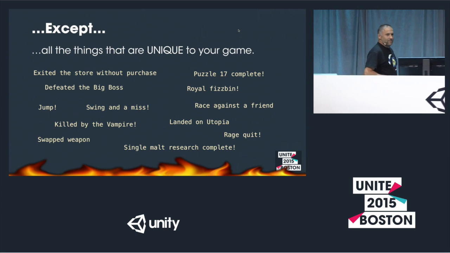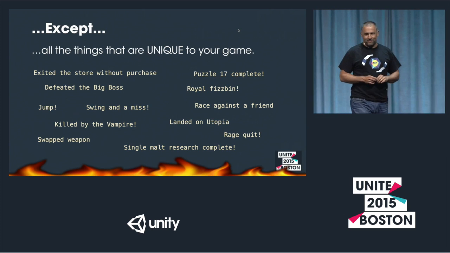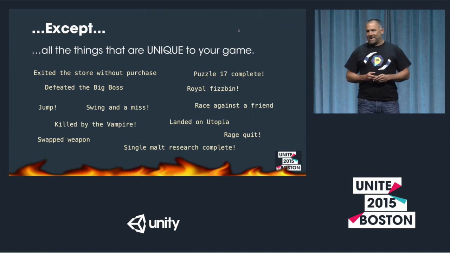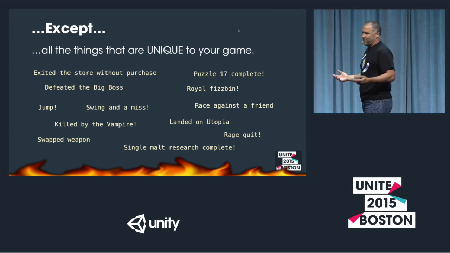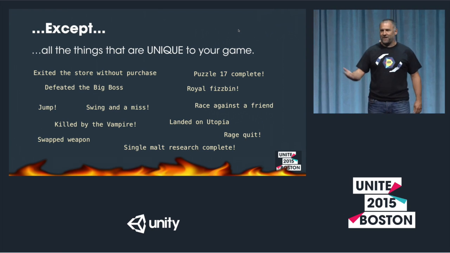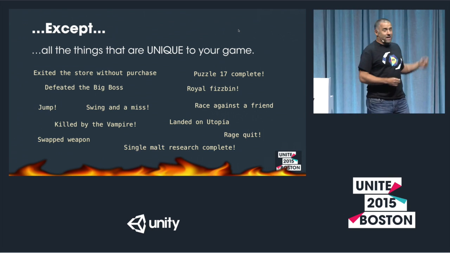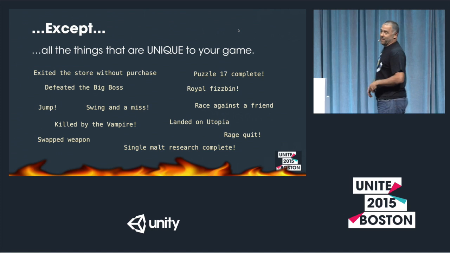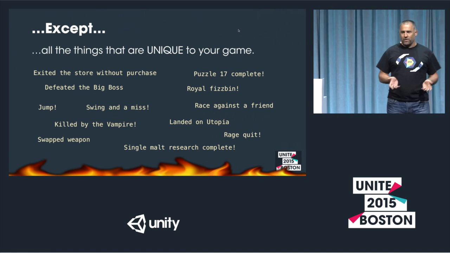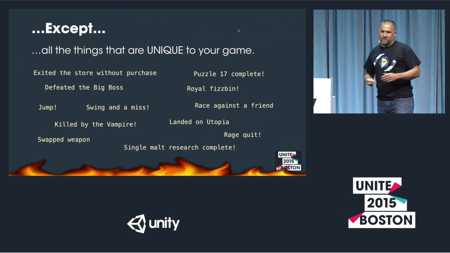Now, there's a caveat. The caveat is we can only do automatic stuff on things that are obvious, automatic. Does a player turn on your game? Well, that's easy for us to track. Device intelligence, we can know about the devices that people are tagging in on. But your game's unique. Your game isn't like the game I made or the game somebody else made. Your game is your own thing, and we can't know in advance that you need to